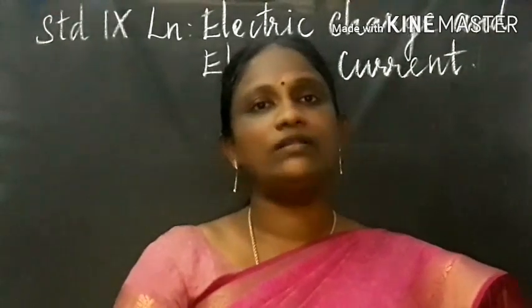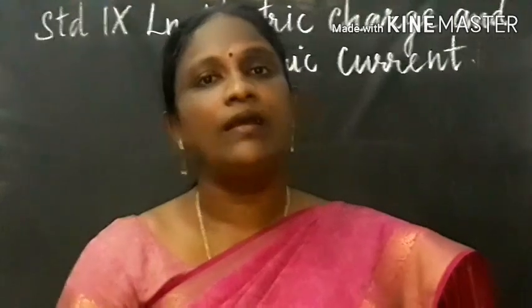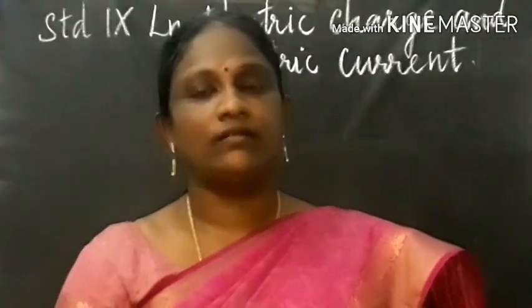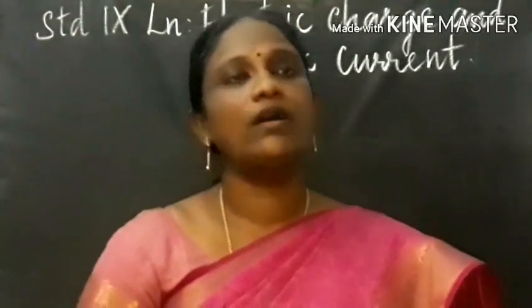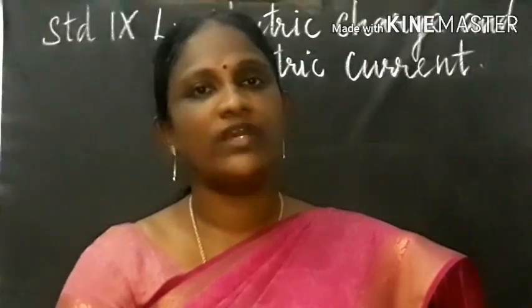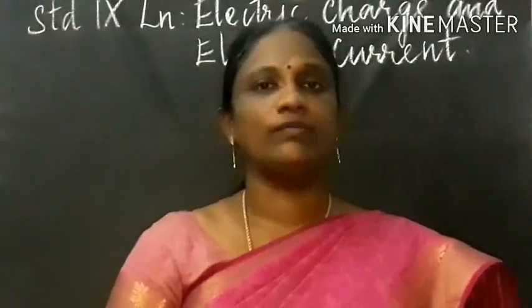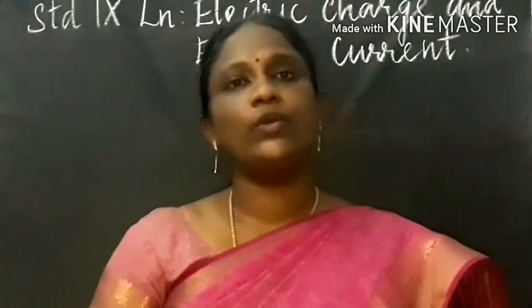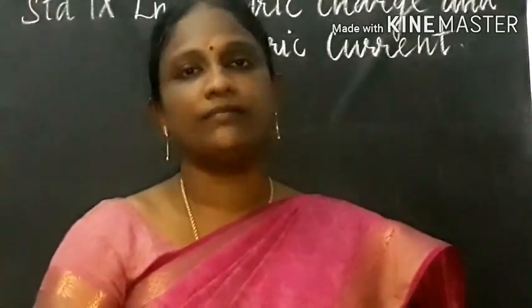Now let us recall the previous class. In the previous class we have learnt about measuring the electric current and also we have learnt about the electromotive force. Now can you define the current? This current is the rate at which the charge flows past a point in a circuit. And the unit of current is ampere and the instrument to measure current is the ammeter.